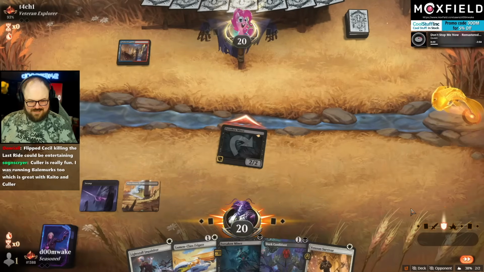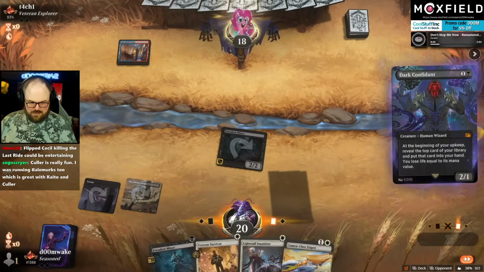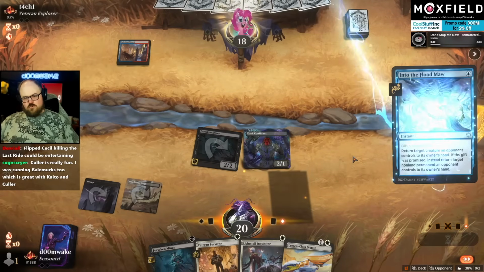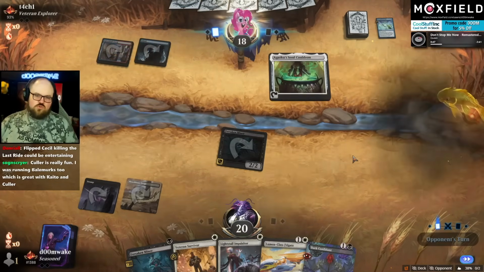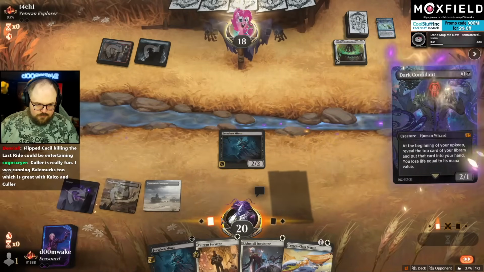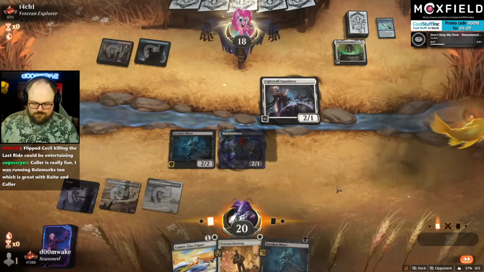Flip Cecil, killing the last ride. Yeah, I guess that would be kind of awkward, right? Maybe I should have played two 1-drops there, because it's so obvious they have Torch. Should play Lightstall first, but...